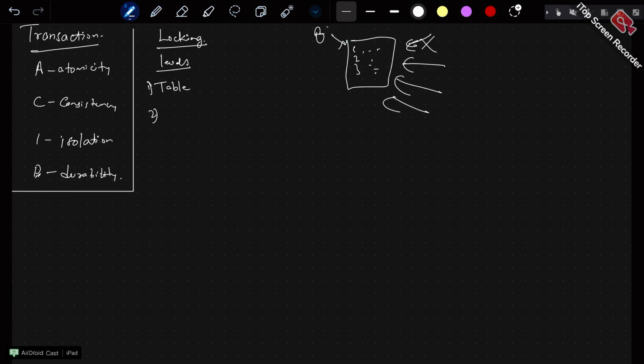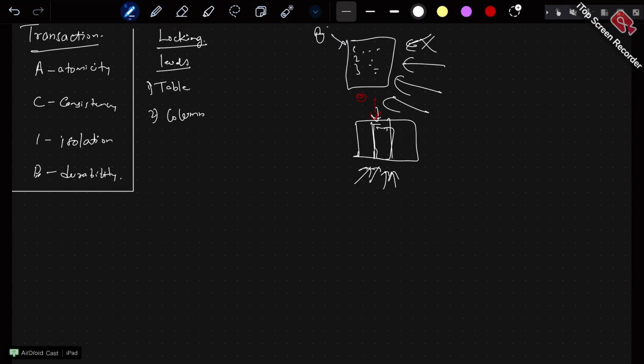What else can the lock happen on? It can happen on the entire column. That means this is the table, and now this column has been locked, so this entire column has been locked. So now if you are trying to read anything from this one, those people will have to wait, because this person has locked the column now. In case of a transaction, mostly either during a read you can lock, or during a write, depending on our scenario we can lock. Now how do we lock it, that we will see in some time.